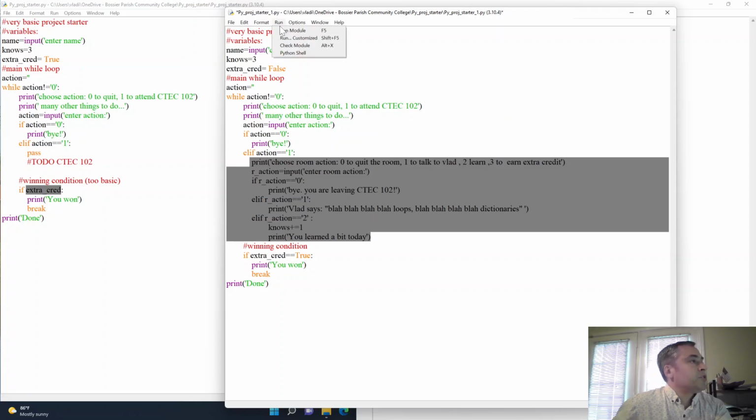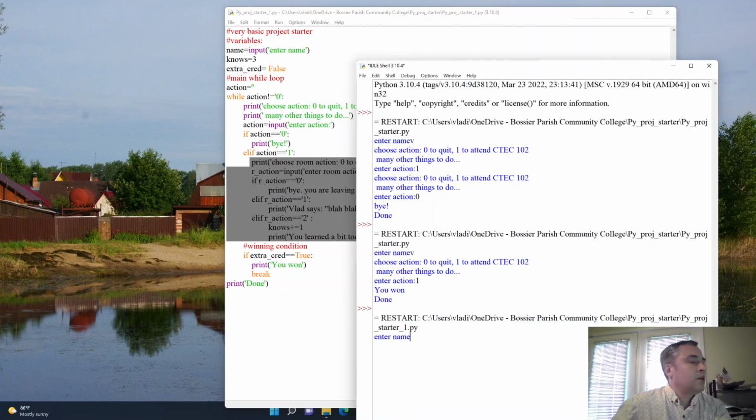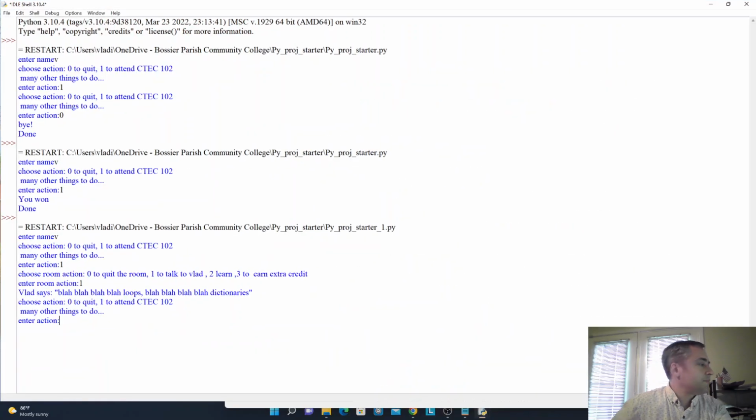Okay, let's make sure it runs, and as we do that, we will see the downsides of this code. So far, again, I'm not using anything advanced, and you can keep on writing the code in this way and debugging. All right, let me run this code. Okay, enter name v, choose action, attend 1, talk to Vlad. Vlad is saying blah blah blah, and I enter action 2, and notice right away